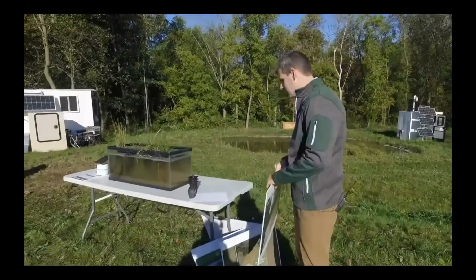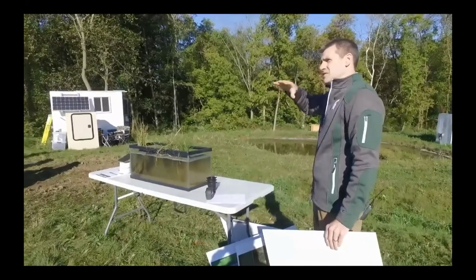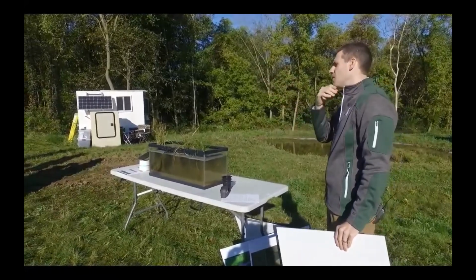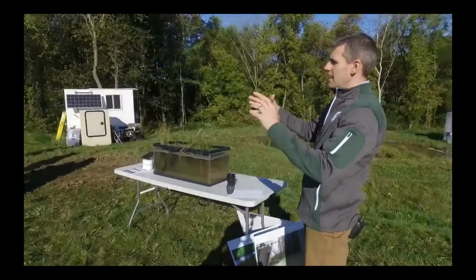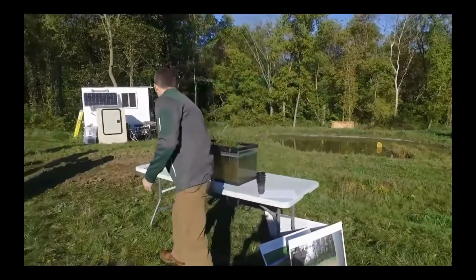We're looking at ways that we can modify this system to either do just tile drain, so only tile drain between the two systems. That'll remove some of that peak flow. Or we might try to do something where we put in a control structure and we put an automated gate. And so this is another thing that we're testing